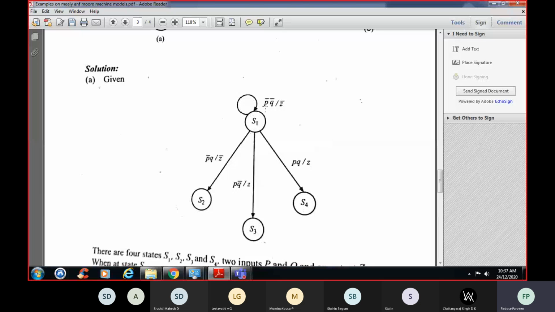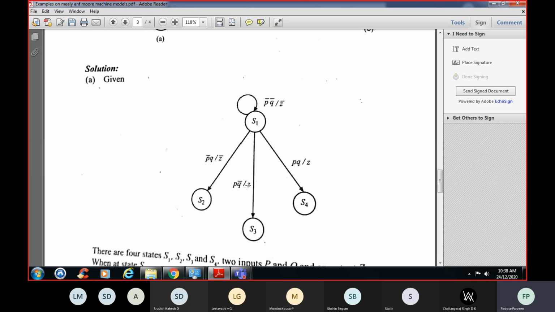So when input is 0, 0, that is PQ is 0, 0, it remains in the same state. And what is the output? It is 0. So when input is 0 and 1, that is P bar means it is 0, Q means it is 1, it moves to S2, and the output is 0. In the same way, when input is 1, 0, this is P means 1, Q bar means 0, it moves to S3,